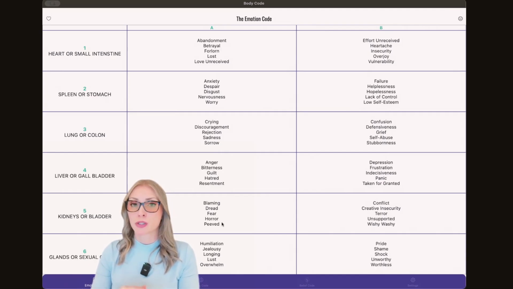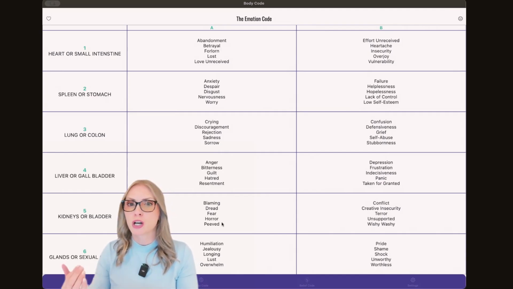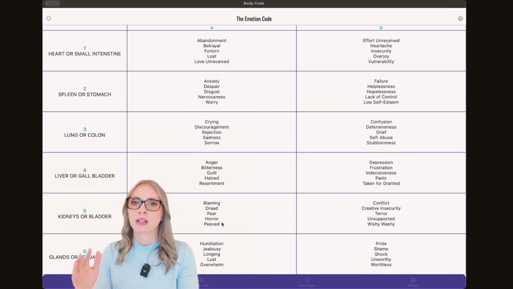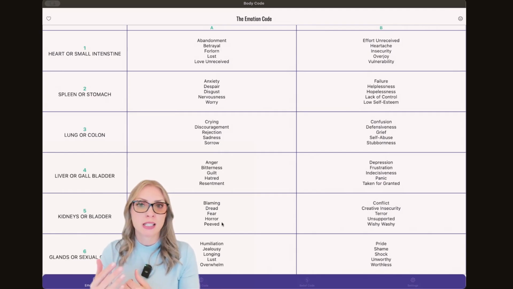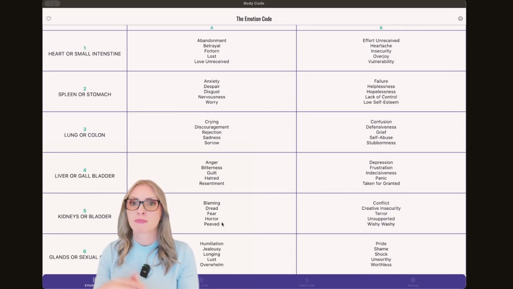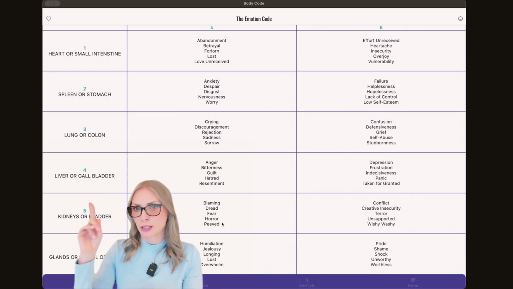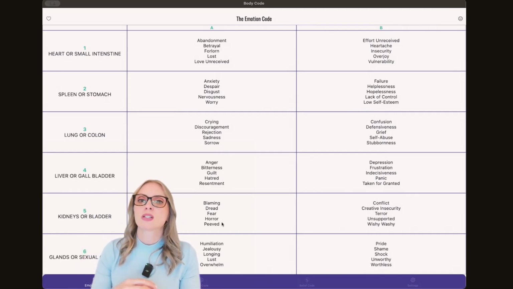Let's say maybe you're starting a new job or you're applying for jobs and you want to release any emotions that are blocking you from getting the job you want. Or maybe you have a pain somewhere and you want to release that pain. Maybe you have a cold, you want to release the cold. You can release the emotions blocking you from releasing this cold or that are contributing to this cold. Maybe you want to find love and you want to release whatever is in the way of you finding love. And that can also include releasing your heart wall. And I have a video on the heart wall as well. You'll find it here. So that's the emotion code.